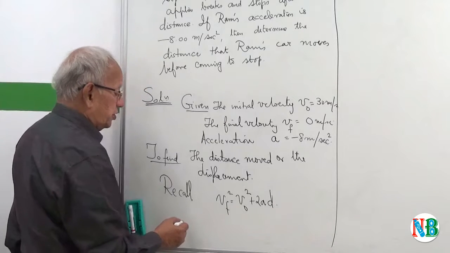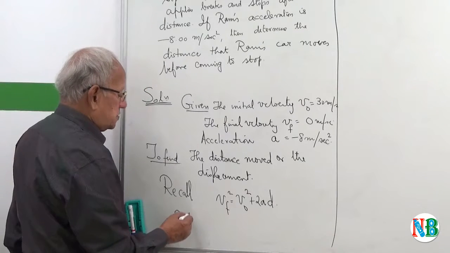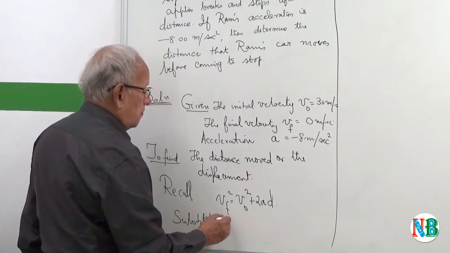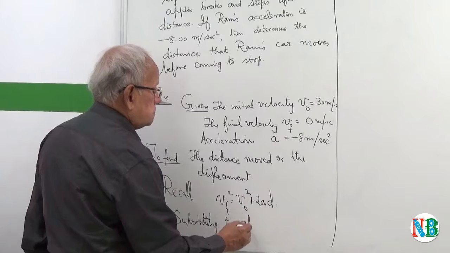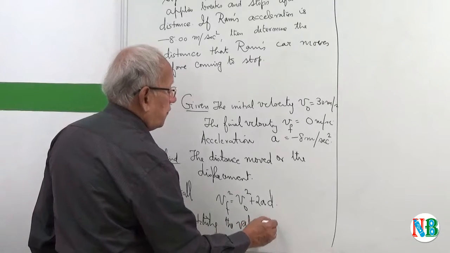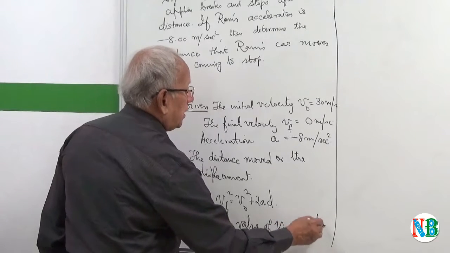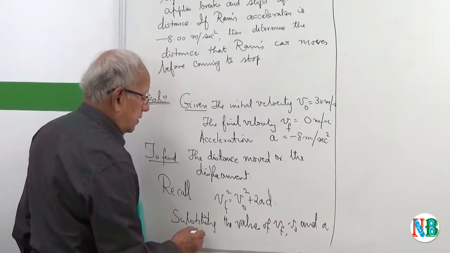Vf is 0. So substituting the values of Vf, V naught and A, we get